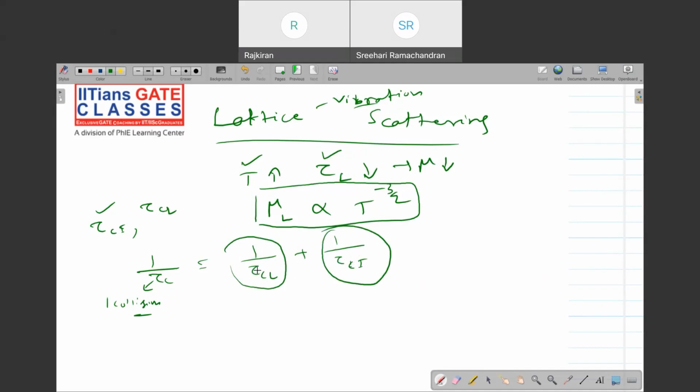Okay. And the other types of scattering can be negligible, right, sir? Yeah, negligible. This is the total. So this is the total number of collisions per unit time, equal to the total number of collisions due to lattice scattering plus the total number of collisions due to impurity ionization scattering. And you know the tau C is proportional to mobility. So I can also write 1 by mobility equals 1 by mobility due to impurity ionization plus 1 by mobility due to lattice scattering. Right? So also we know